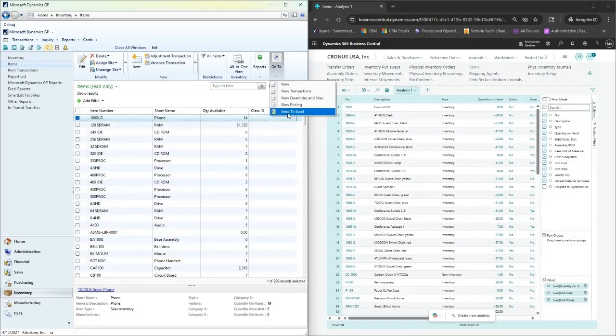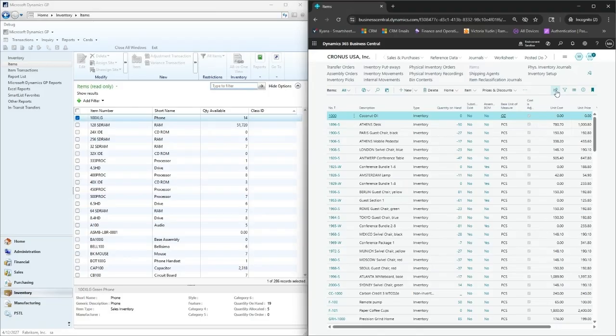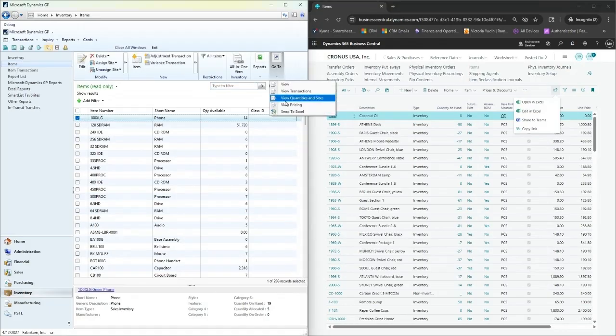Now, where BC does almost the same thing, but a little bit more dynamic, is your analysis mode. Of course, let's get out of analysis mode for a moment. We have the share, open and edit in Excel, and share the Teams copy link. GP does not give you that option. You just send to Excel, then you can email it or put it in a shared location for the members of your company to look at. However,